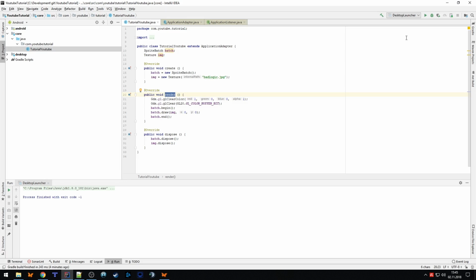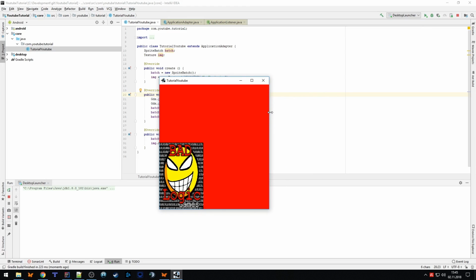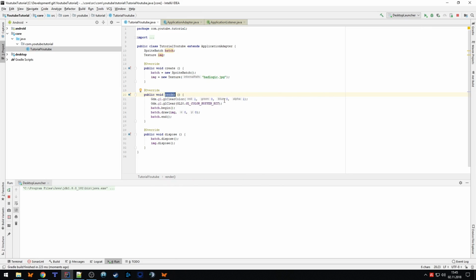So basically that's what's happening when we press this green button here. The window starts up. Now we have the render loop. So this thing here is called now every frame. And when we change the window size, resize is called. And when we close it, dispose is called and everything gets freed up and the game is shut down and everything is okay. So that's the basic concept behind that.